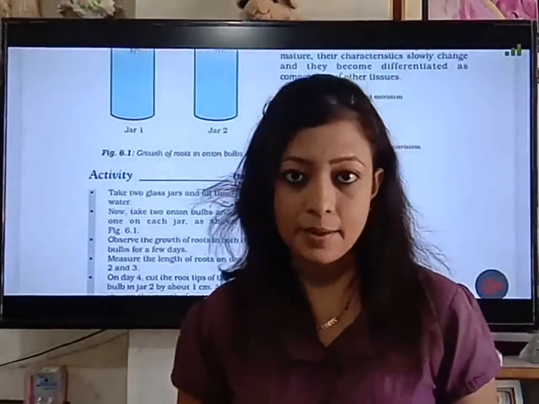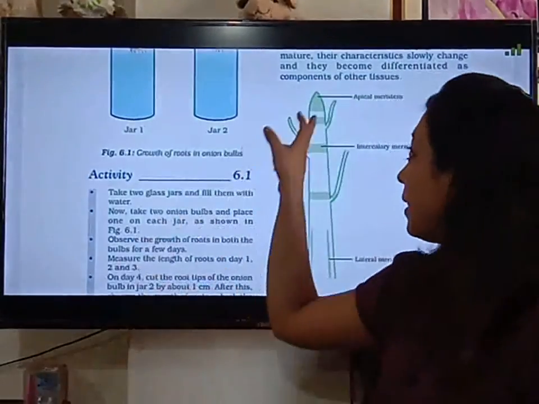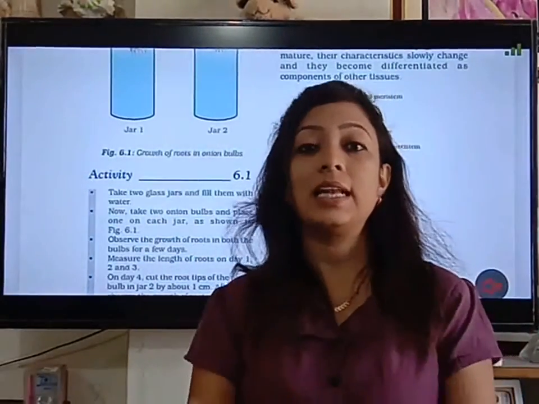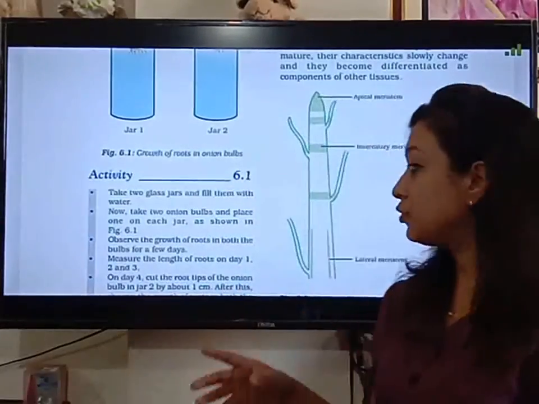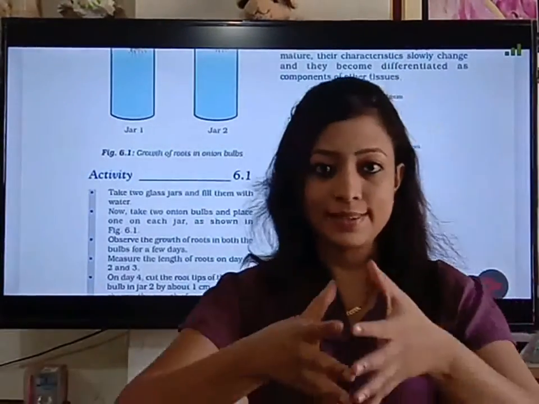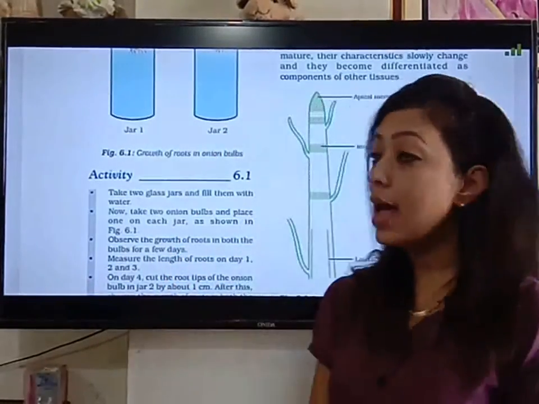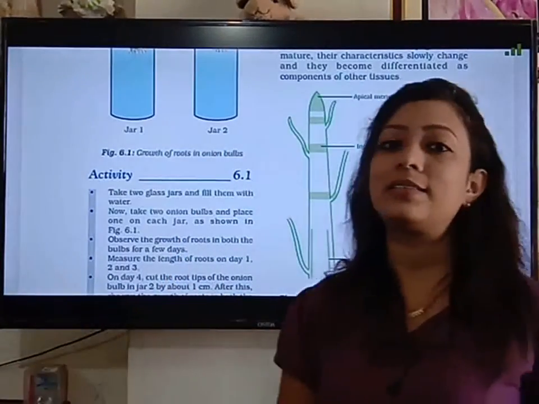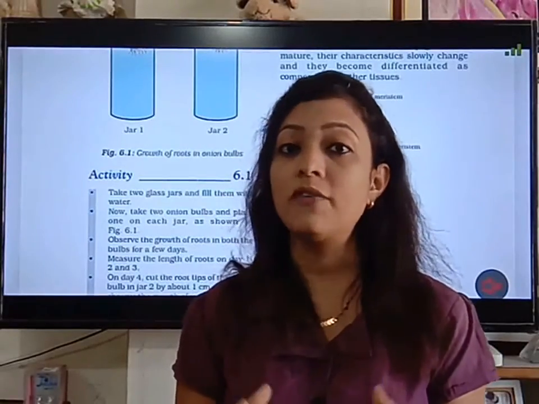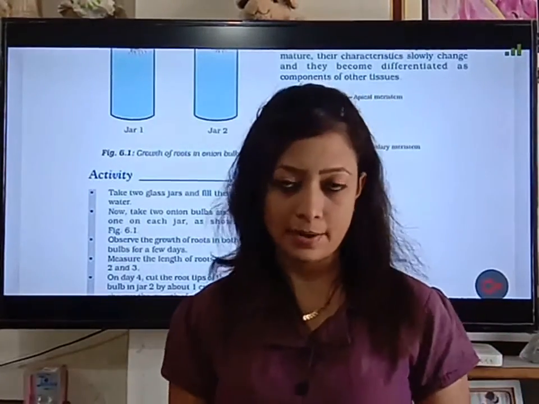in the cambium. We also discussed that the apical meristem helps to increase the length of the plant part. Lateral meristem helps to increase the girth, that is the diameter of the stem, root and the leaf midrib, and the intercalary meristem is responsible for the development of leaves and the branches in the plant body.